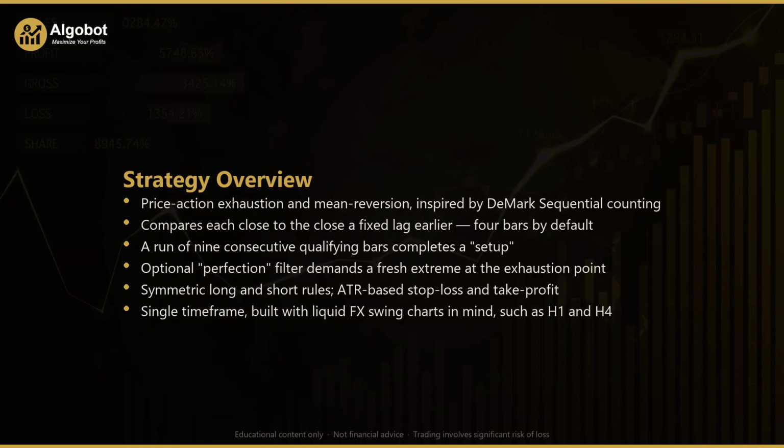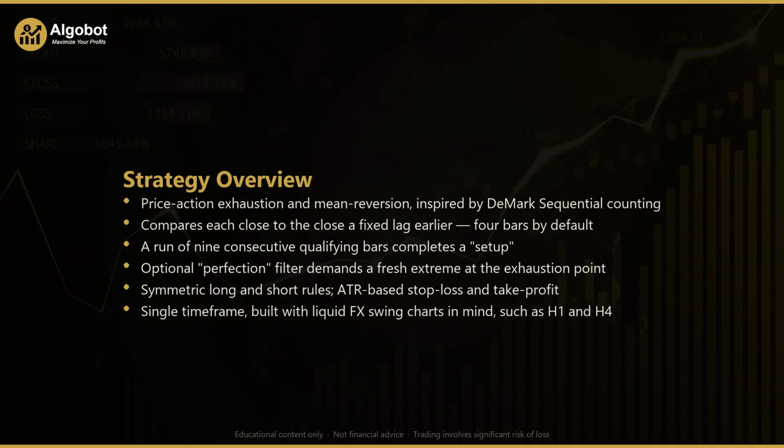Here's the clever part. Instead of comparing each closing price to the one right before it, the strategy compares every close to the close a fixed number of bars earlier, 4 bars back by default. That small lag is deliberate. It lets the strategy ignore tiny bar-to-bar wobble and instead measure whether price has been genuinely drifting in one direction over a sustained window. When 9 bars in a row each close below where price was 4 bars earlier, that's a persistent downward drift, a buy setup. When 9 bars in a row each close above where price was 4 bars earlier, that's a persistent upward drift,